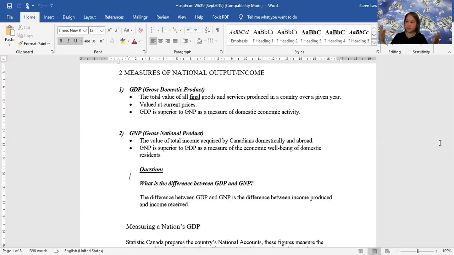So if you bought a Toyota in Canada, that transaction will show up in Canada's GDP, but it will show up in Japan's GNP. Okay, so I just want to give you a bit of a difference between GDP and GNP. All right, so